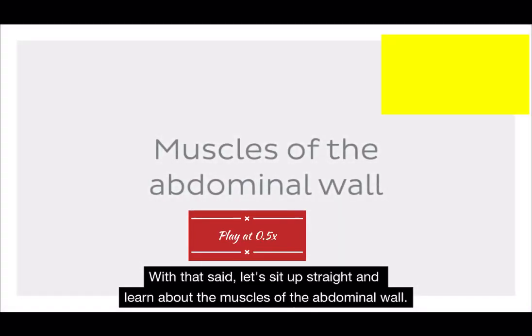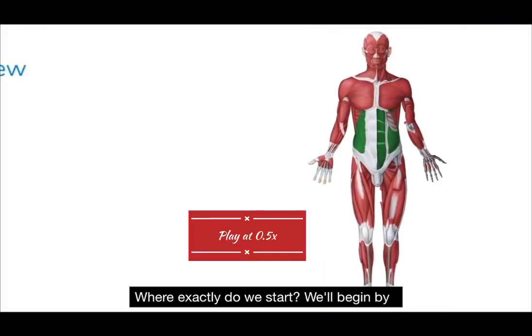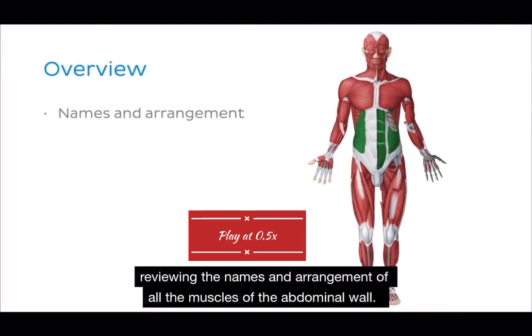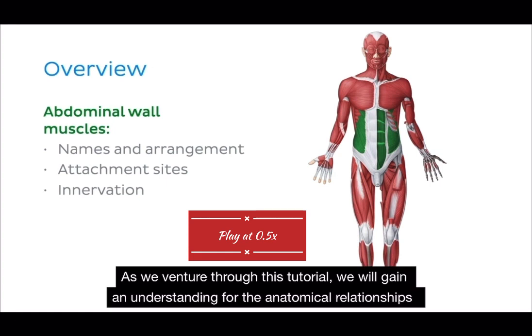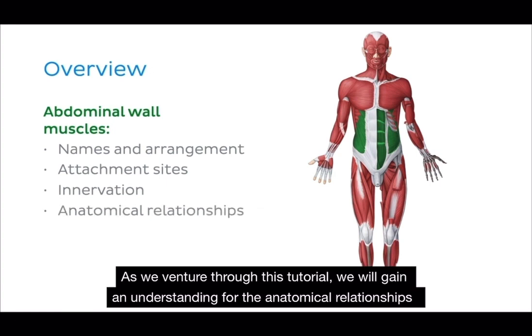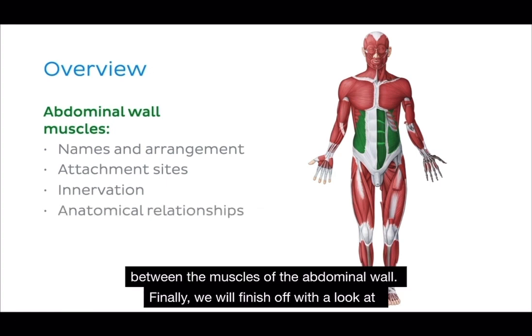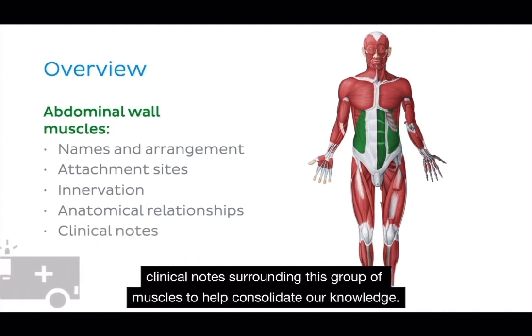and learn about the muscles of the abdominal wall. Where exactly do we start? We'll begin by reviewing the names and arrangement of all the muscles of the abdominal wall. Next, we'll take a look at the attachment sites and innervation patterns for each muscle. As we venture through this tutorial, we will gain an understanding for the anatomical relationships between the muscles of the abdominal wall. Finally, we will finish off with a look at clinical notes surrounding this group of muscles to help